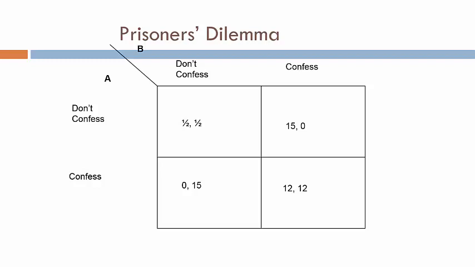So the equilibrium outcome, or the Nash equilibrium of this game, is both players confess and end up in prison for 12 years. Note that this outcome is significantly worse than both not confessing, but acting in self-interest leads to this suboptimal outcome. And if there was a credible way of committing to not confessing, then they could collude and get out in 6 months instead of 12 years. So this is just a game.